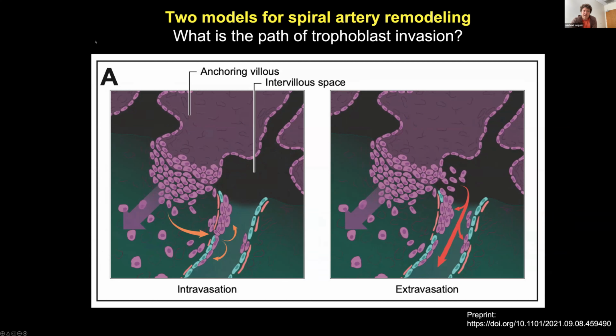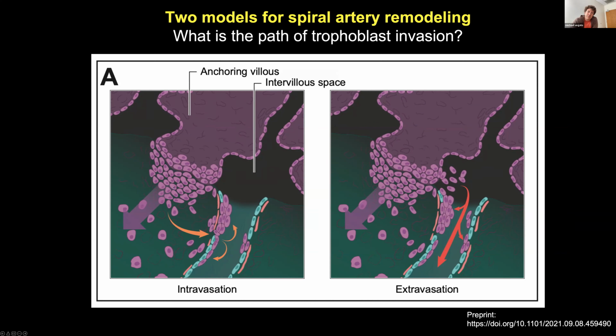there's sort of two models, thoughts for how spiral artery remodeling happens in humans. And obviously because it's in humans, it's been very difficult to tease out which is which. And they really just differ on the path of invasion of the trophoblasts. And so the trophoblasts, everybody agrees that they originate from the attaching villi. The difference is that there's some evidence that suggests that they could be